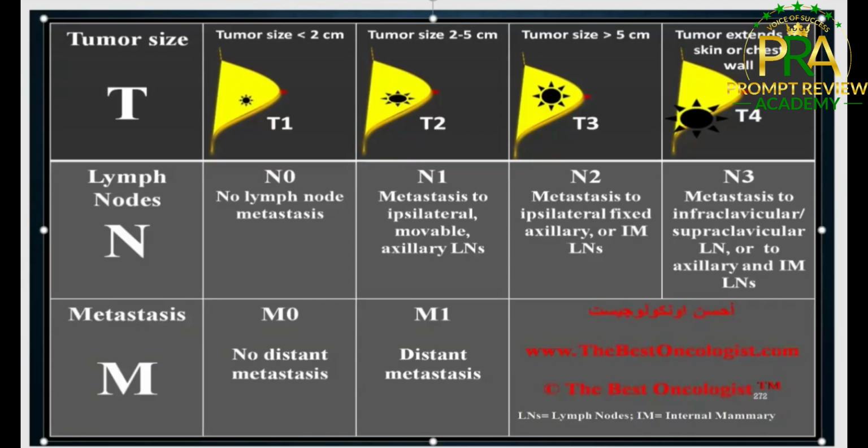But if it is fixed, because that is the word they use, if it is movable, it is N1, metastasis to ipsilateral. So if it's movable or it has metastasized to the ipsilateral place, then that is N1. But if there is metastasis to the ipsilateral fixed,